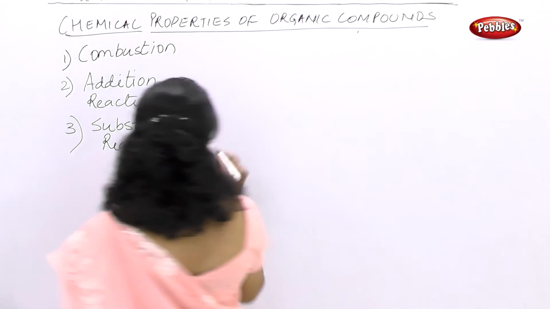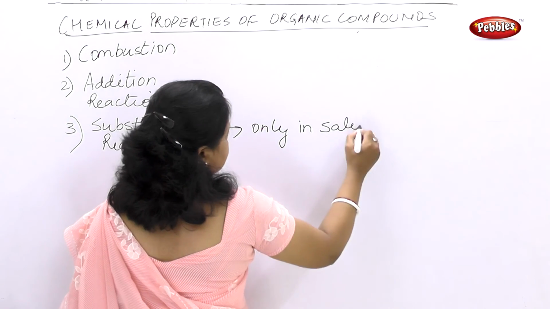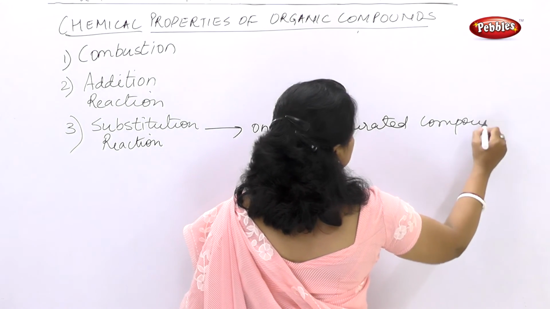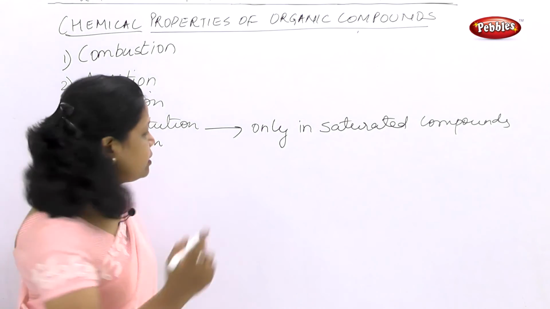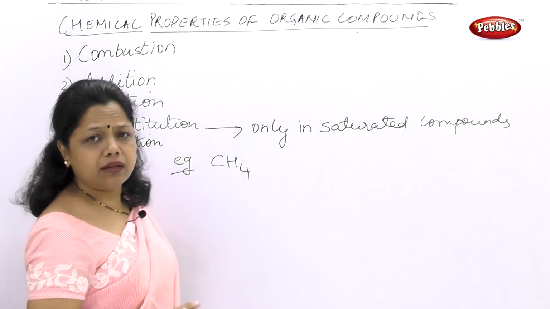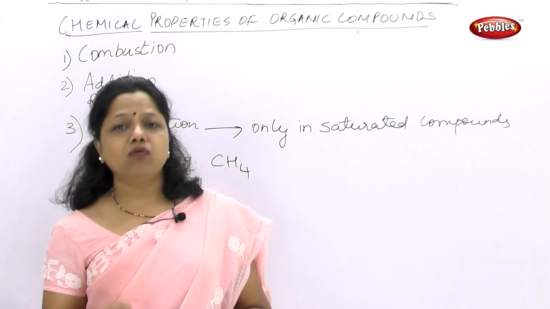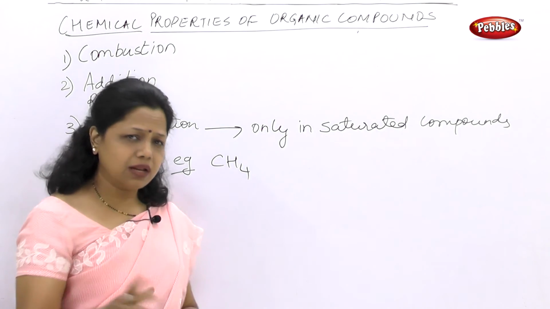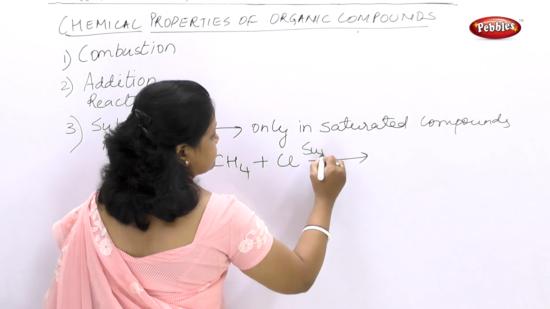This is possible only in saturated compounds. In saturated compounds only we see this substitution reaction. Let's take an example of simple methane. Now this methane reacts in the presence of sunlight with the chlorine present in the atmosphere. What is chlorine? Chlorine is a halogen. So if methane reacts with chlorine in the presence of sunlight,